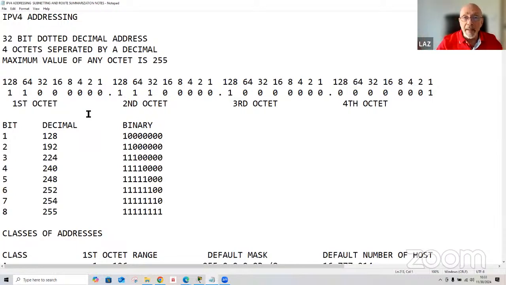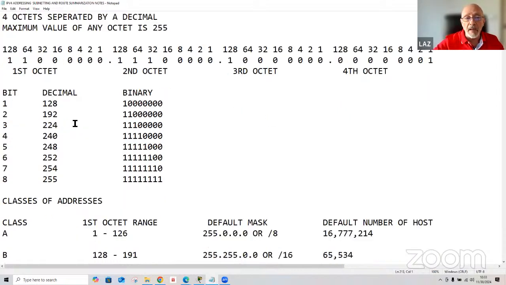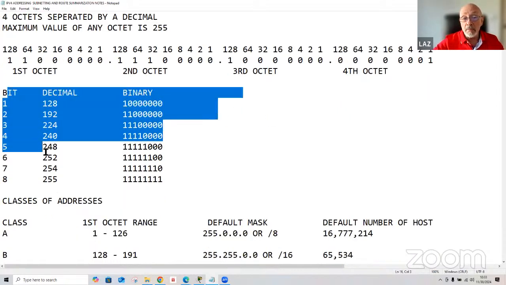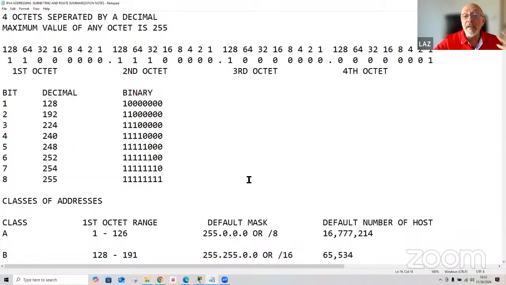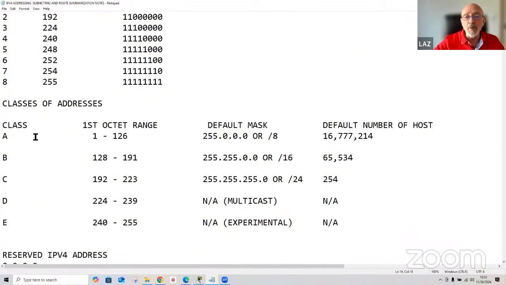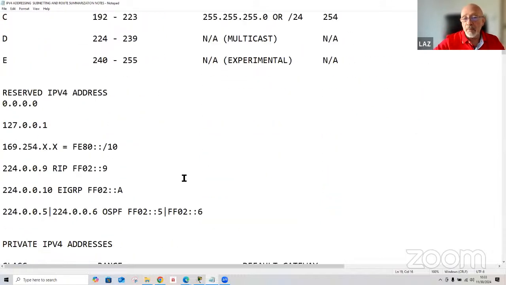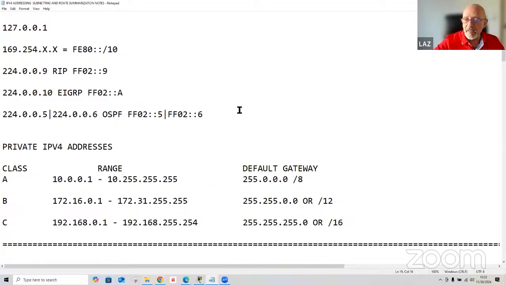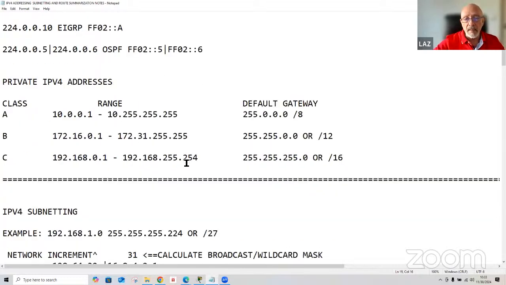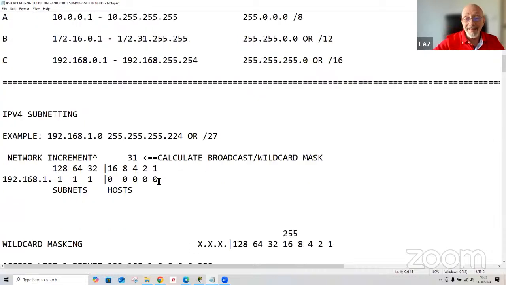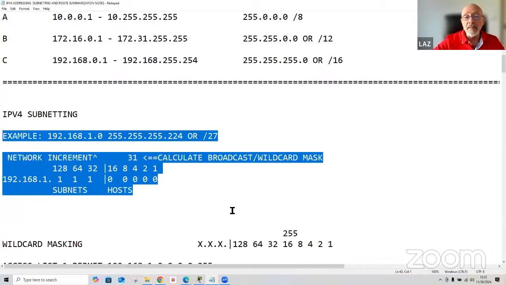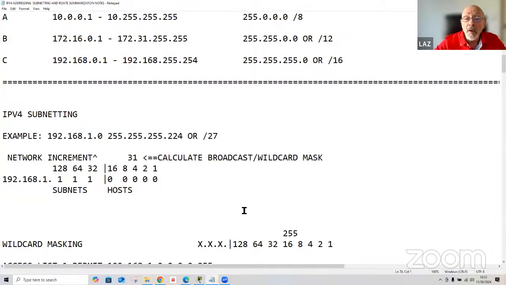not only the format of IPv4 addressing, I'll be explaining how the binary bits break up. I'll be explaining this table right here, which is going to save your life. We'll be getting into private IP addressing and how it breaks up. We'll be looking at reserved IP addresses, both IPv4 and IPv6, very common ones. And I'll show you, this is my method of subnetting, which is very, very quick. Once you learn how to do this,